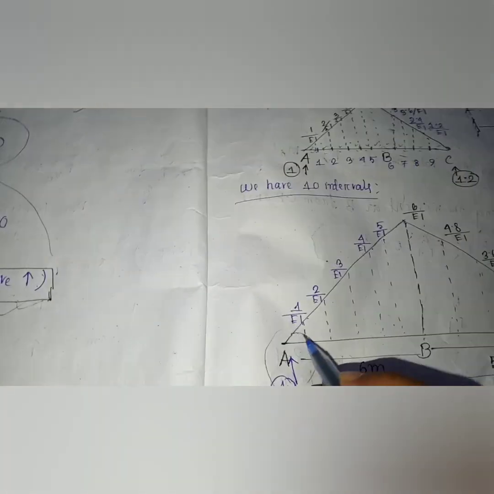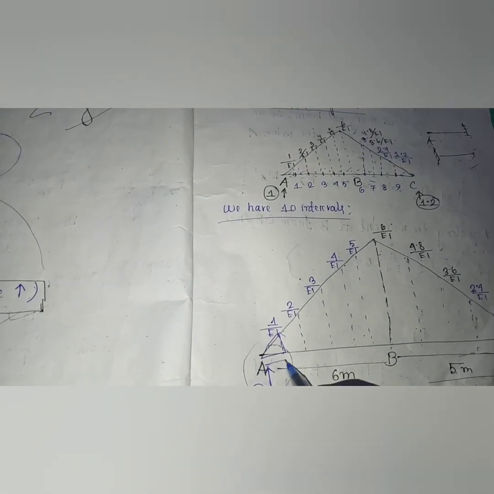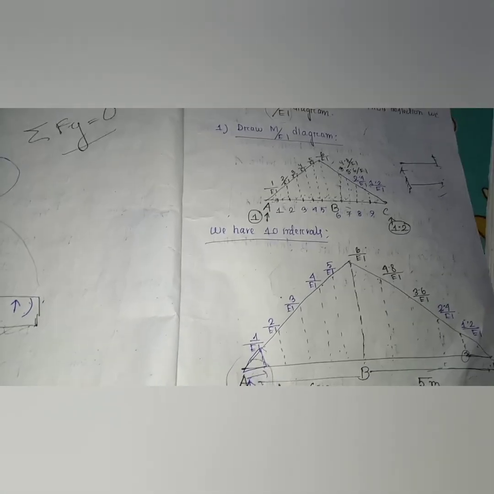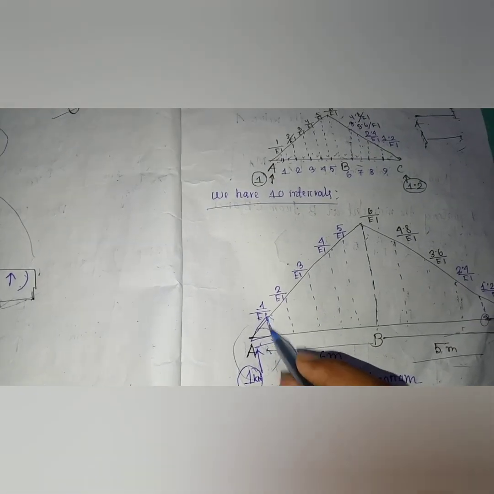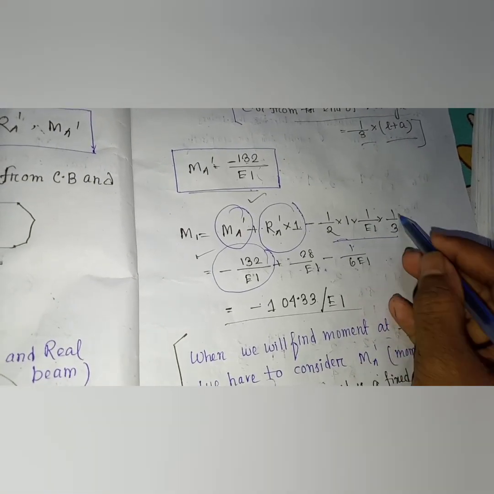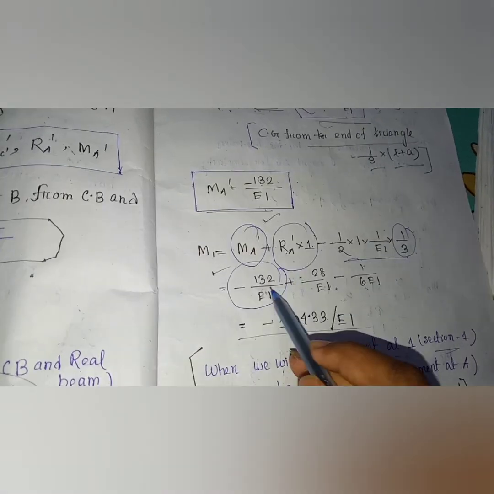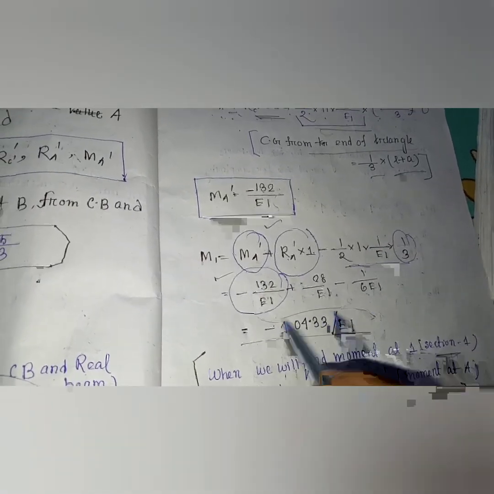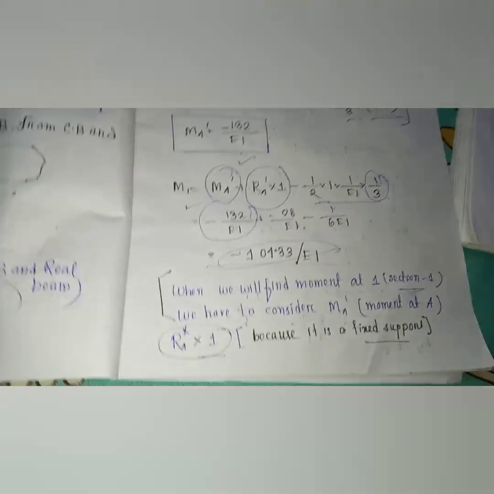And this is the value of the load in the original beam, right? So it is a small triangle I have considered for M1 and the interval is 1 meter. So I have to take the area, half into base into height, half into 1 by EI, this height. It is the area, and 1/3 of h because it is acting from a centroid, right? So after calculating this, I found the value M1 minus 104.30 divided by EI, right?